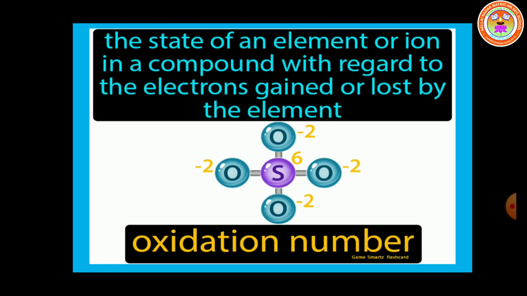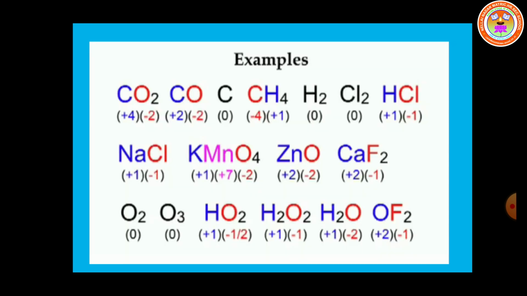And children, how do atoms form a chemical bond? We know in an atom, loss of electrons means it forms a positive ion, that means a cation. Gain of electrons by an atom means it forms a negative ion, that means an anion. Then how do atoms form a chemical bond? The total number of electrons that an atom either gains or loses in order to form a chemical bond with another atom. The sum of oxidation numbers of all the atoms in the formula for a neutral compound is 0.